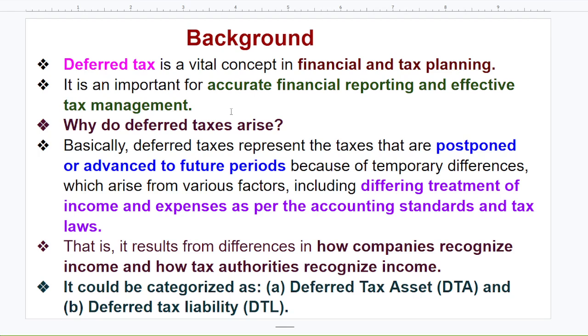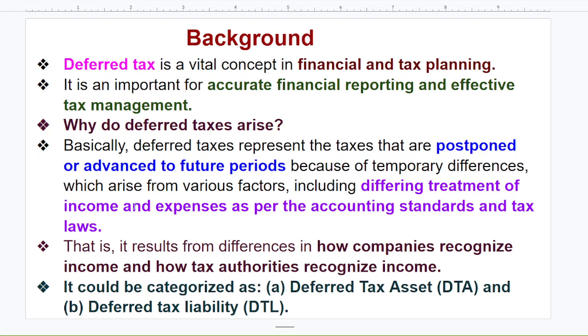We say that, and so there is a need of accurate financial reporting and effective tax management. That is the basic reason we see that deferred tax plays the eminent role. But the question is, why does the deferred tax arise? So basically we say that it represents the taxes that are postponed, or you can say advanced to the future periods. So in this case, friends, that is why we say that because of the differences in the treatment